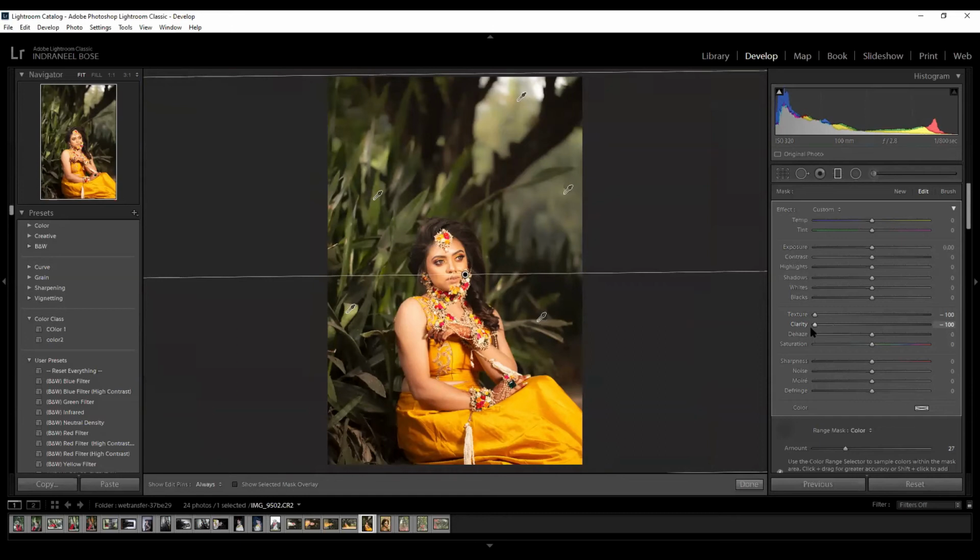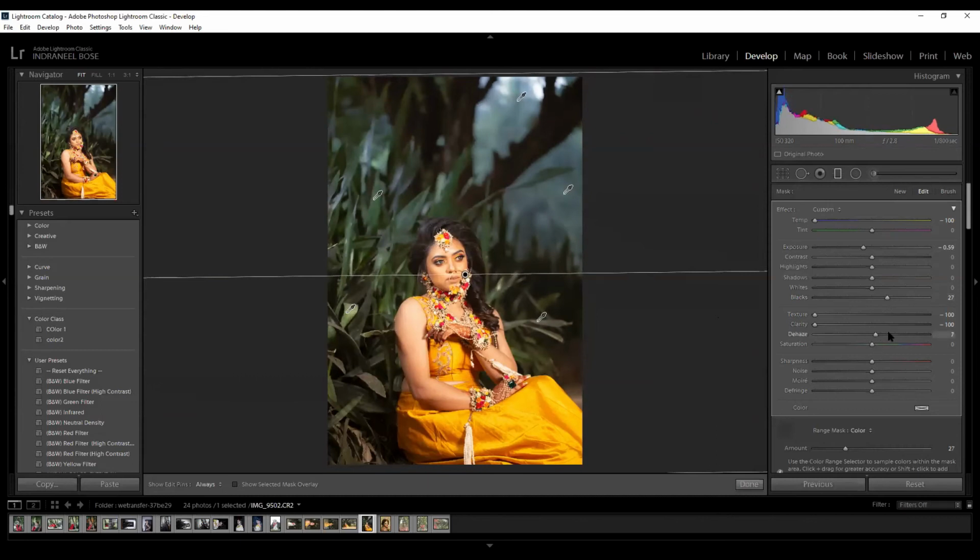Now understand one thing. It will affect the greens only. Can you see? It's not affecting the skin, because we have masked out the color zone. Only in that color zone will all the changes happen. See, got it? We have taken 5 samples of the color area. That's why, that's according to that.